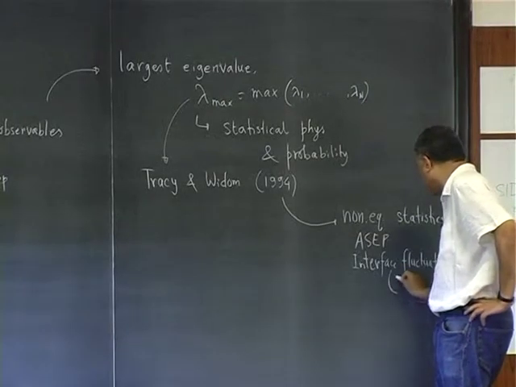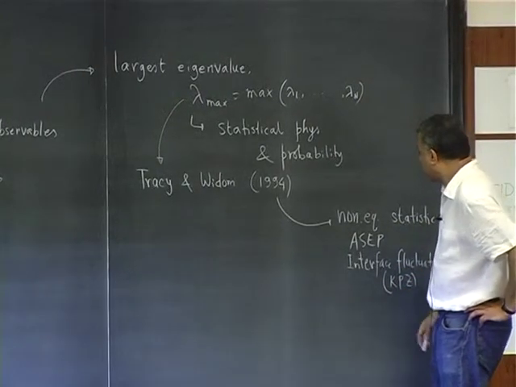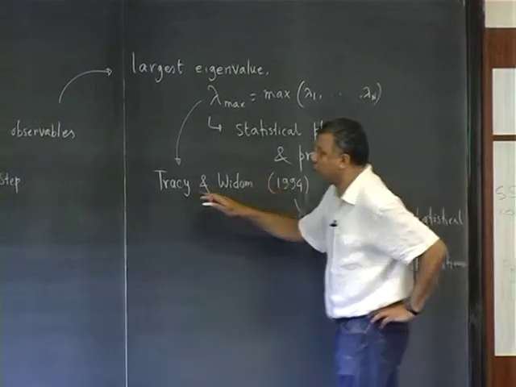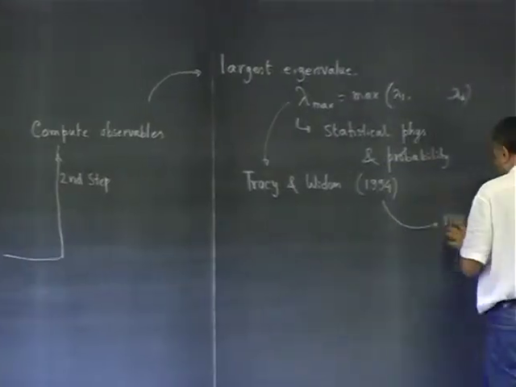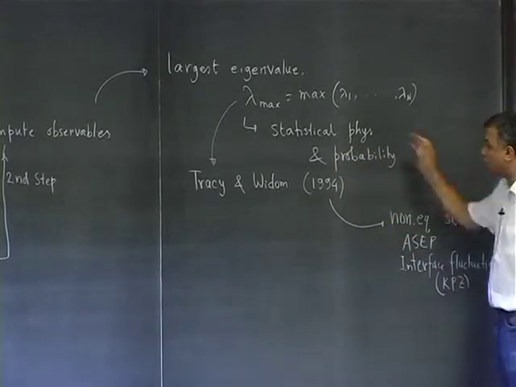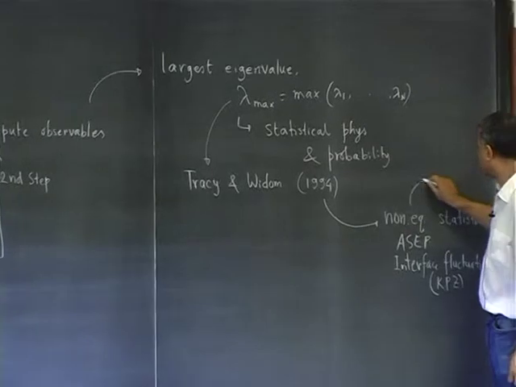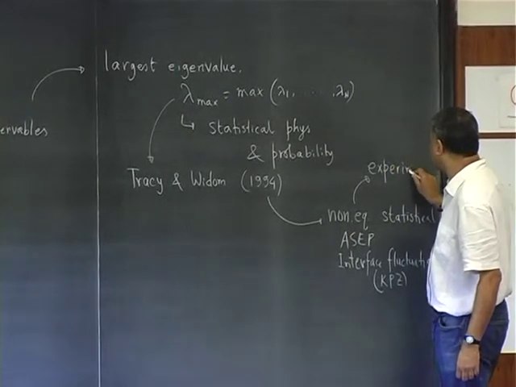Okay. KPZ type. KPZ stands for Kardar-Parisi-Zhang. So this distribution which appears in random matrix theory also appears in this set of problems in non-equilibrium statistical physics. So there is a lot of development and a lot of work which has been happening now, and there are a lot of new experiments, which is also another interesting point. And now there are experiments to measure this